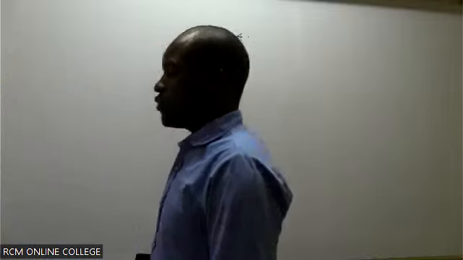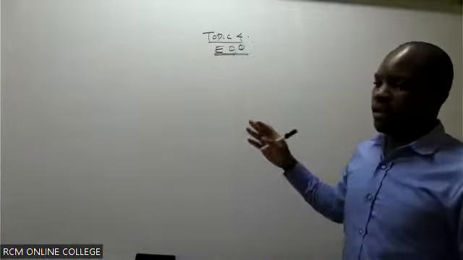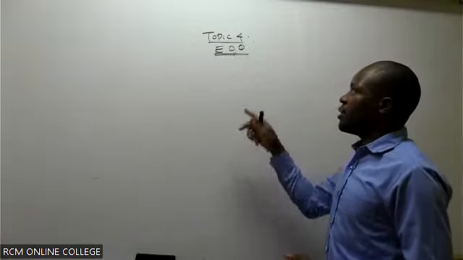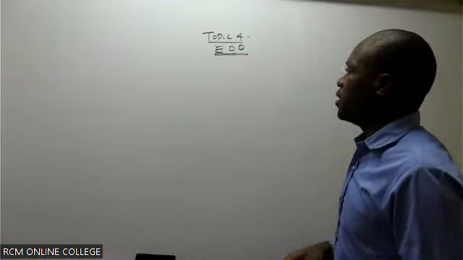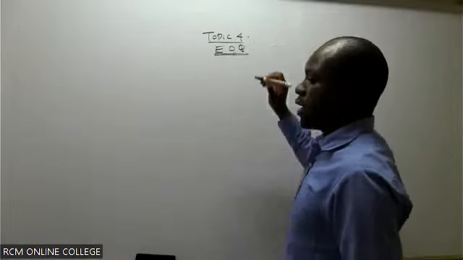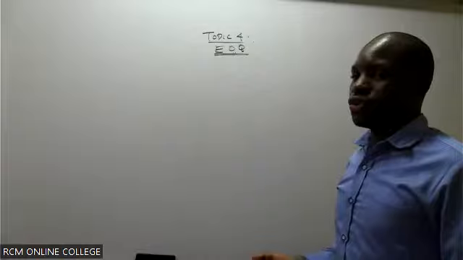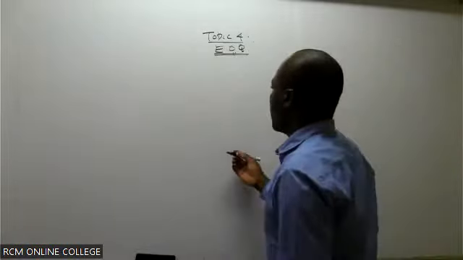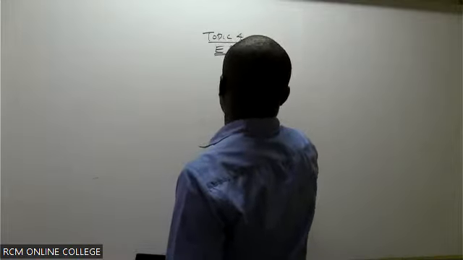Welcome, for those who are joining for the first time, and join us in the discussion of topic number 4. When you talk about economic order quantity, this is the quantity at which the company is trying to minimize the total cost incurred to take care of these goods. Remember, if you want to look at the cost of stock,